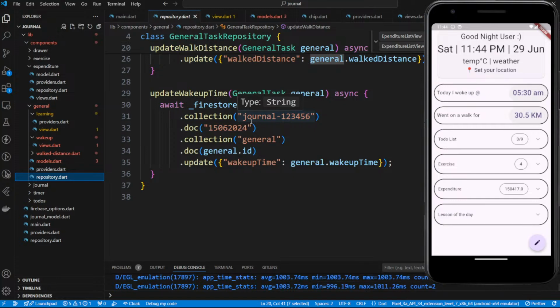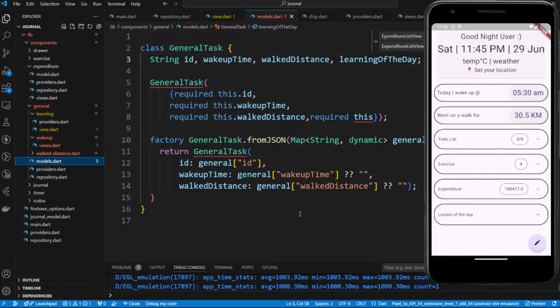So yeah, what we can do is, since how the general task was designed, there will already be an instance of it, but it will be an empty one. So we're not creating one, but we're updating the empty things. So what we can do, okay, this will all have those. So let's not make this anything as required. We'll make the ID required, others we will remove. Okay, so